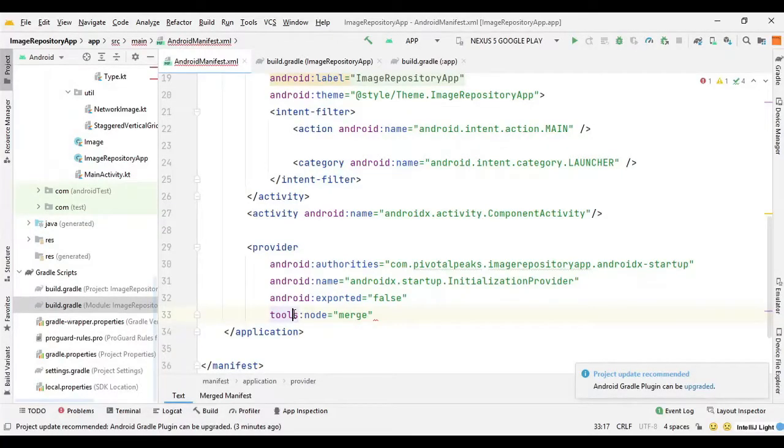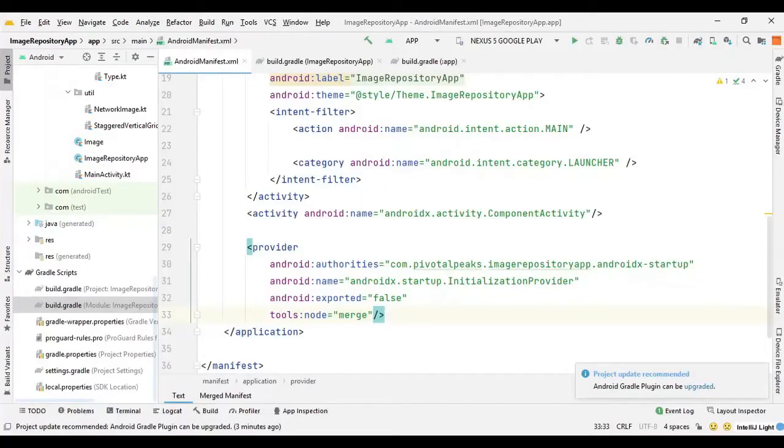So this attribute ensures that the manifest merger tool properly resolves any conflict entries. In case we have multiple manifest files, I mean the APK can only have one manifest file, but Android Studio may contain several manifest files provided by the main source sets, build variants and imported files.